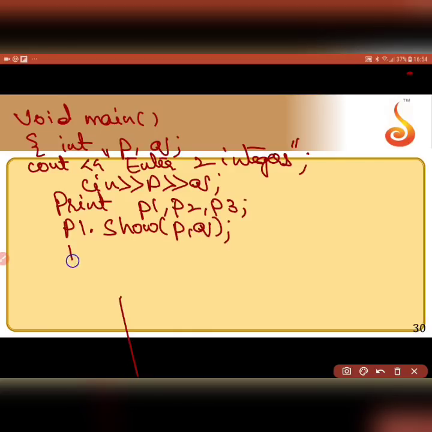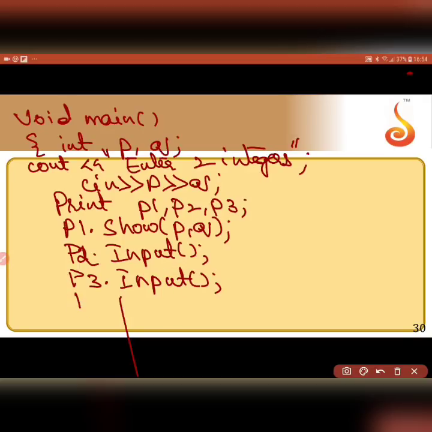Then p2 dot input, p3 dot input, p2 dot display and p3 dot display.